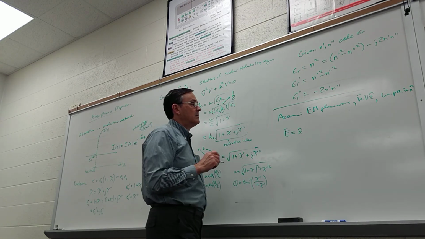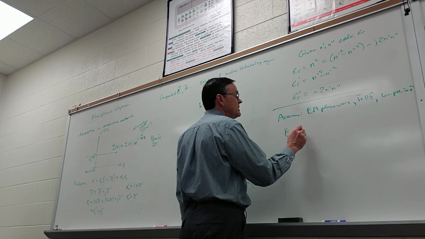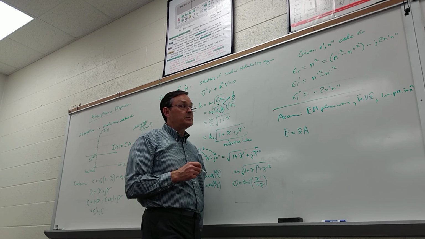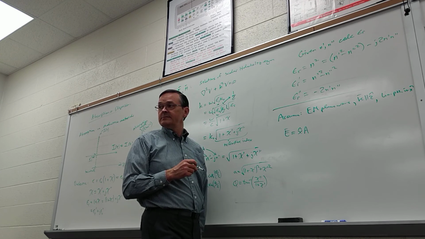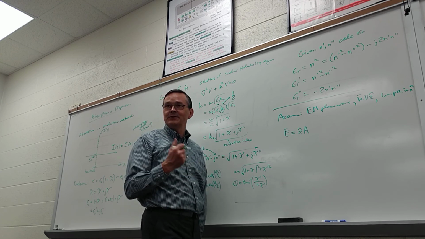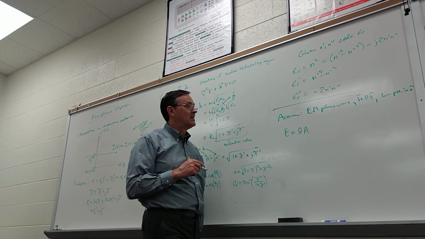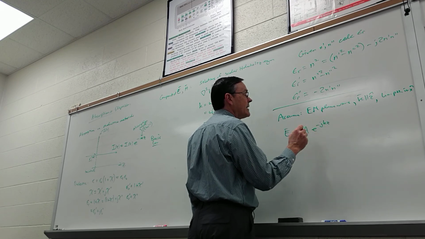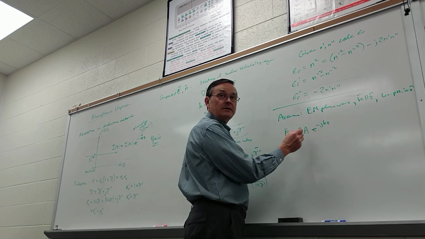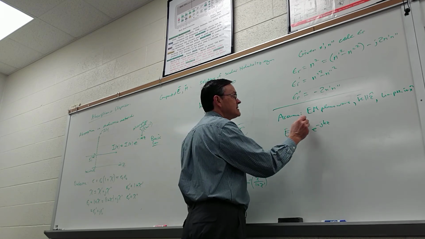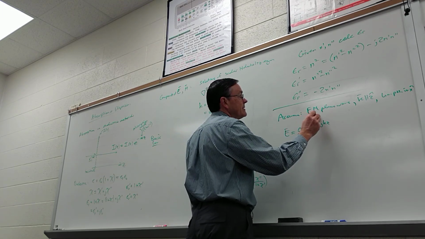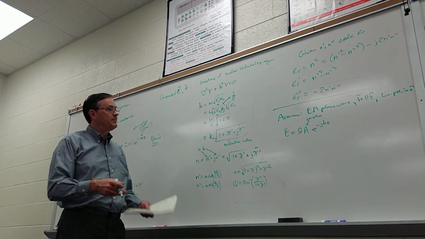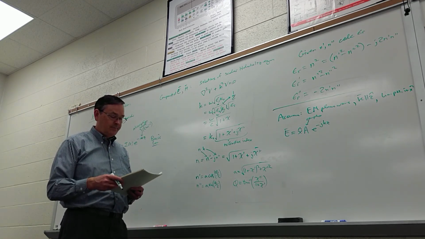Amplitude E naught. Amplitude, okay, and let me just give it a symbol A. You're saying monochromatic. Well, it's a plane wave. Sure. Yeah, that's good. e to the minus j k z, and you're wanting to stick an e to the j phi in here, and you're absolutely right to do so. Let's just say this is complex. Okay. So it has our amplitude and our phase in it. Okay, fine. That looks good.